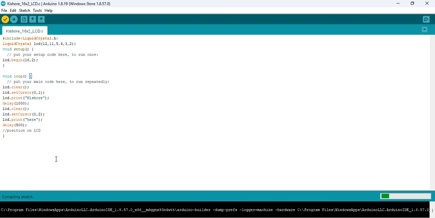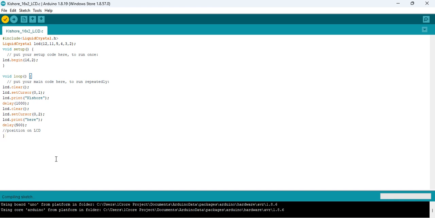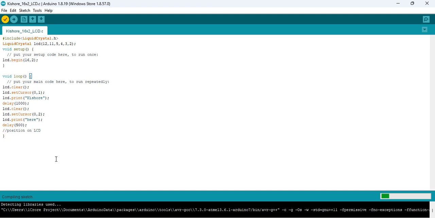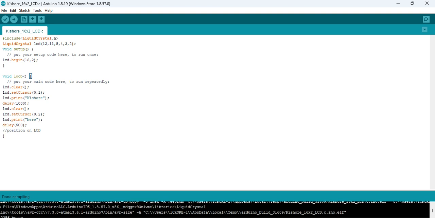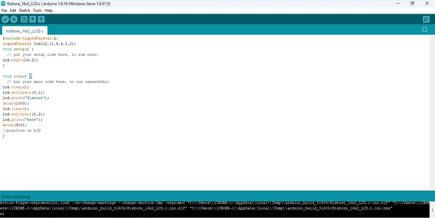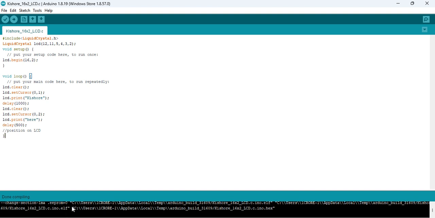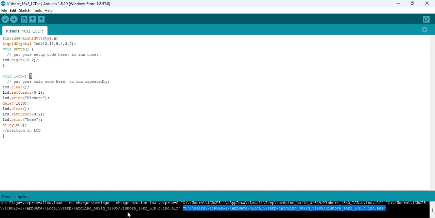Now we are going to verify our program. This IDE is compiling our entire program and gives the HEX file. See, it has done compiling. After that, we want to extract the HEX file. We can find the HEX file here itself. This is the HEX file format. We are going to copy the HEX file